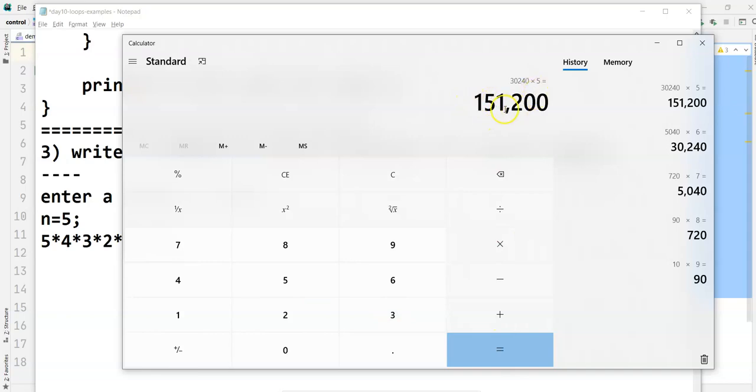So if you see, if I'm giving 10, there are chances of exceeding the numbers.